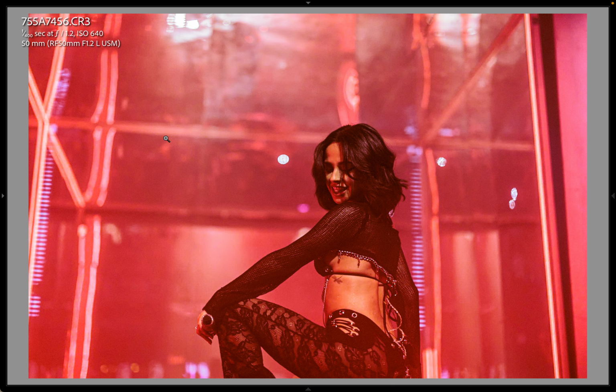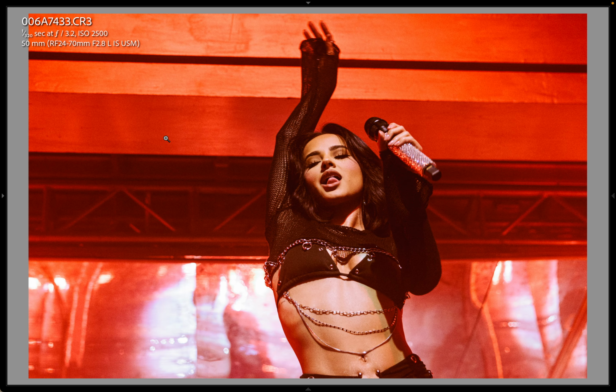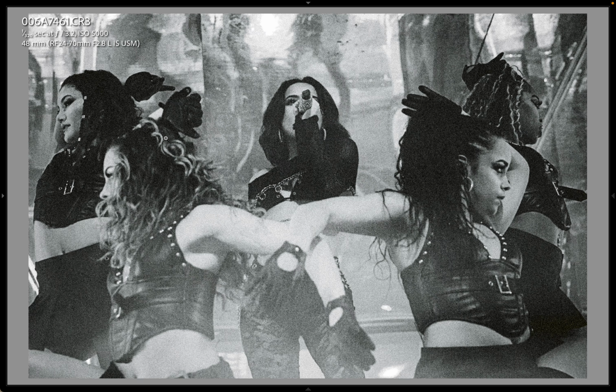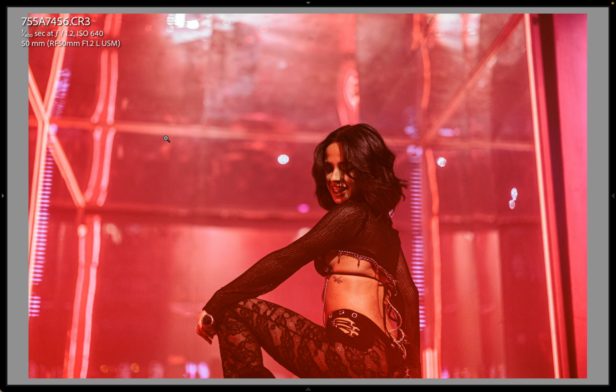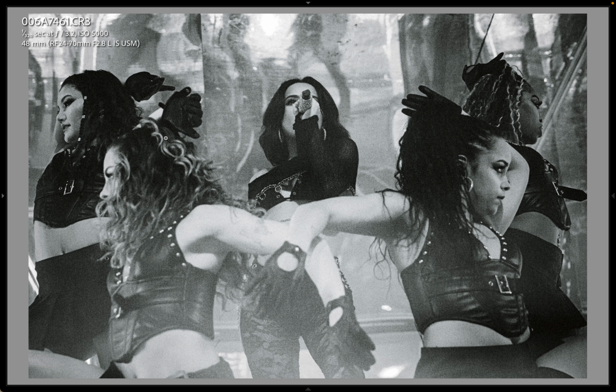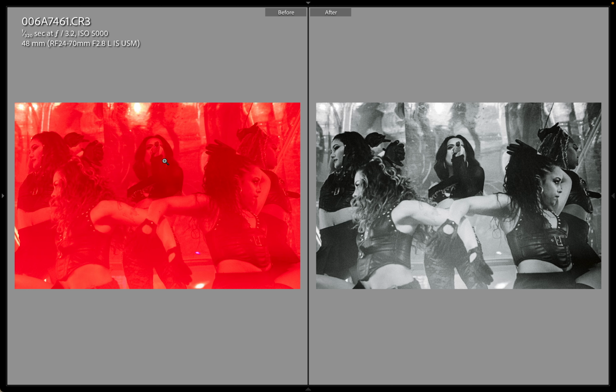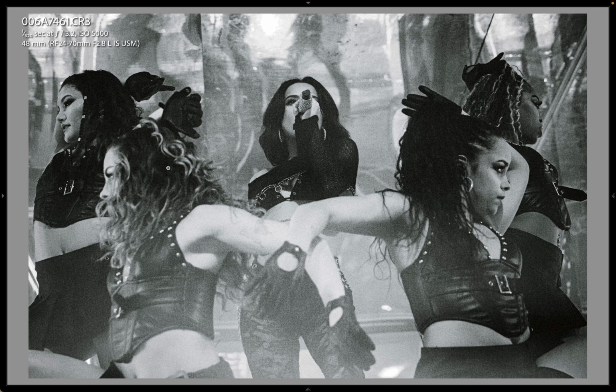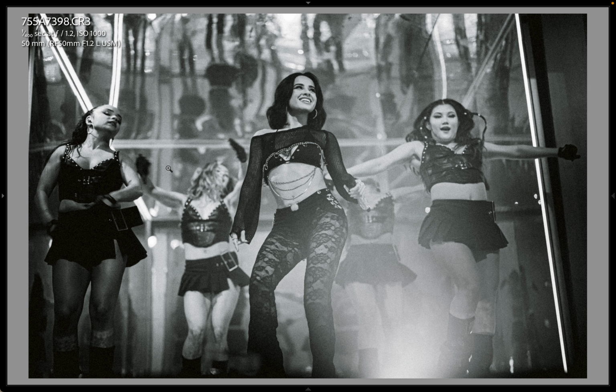The spotlight, I had some issues with it, both in color temperature and when she was on top of the stage, on top of the risers. I don't think the spotlight could angle high enough to get where it should be on her. And so you'll see a couple shots where you can tell the spotlight's not quite centered. It's more on her torso than her face, and that kind of hurts the exposure. These are a couple of really good shots in the room that I had to go black and white because they were not only red cast, but just completely hazed over. And the only saving grace for that is to just go black and white. But it looks really nice.